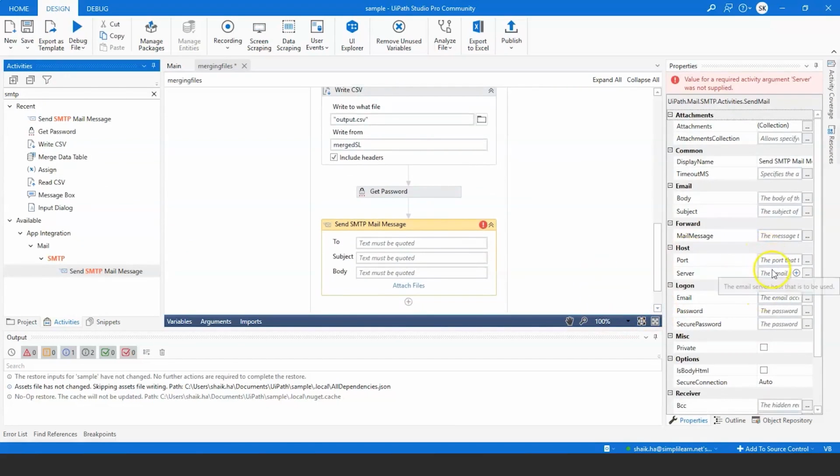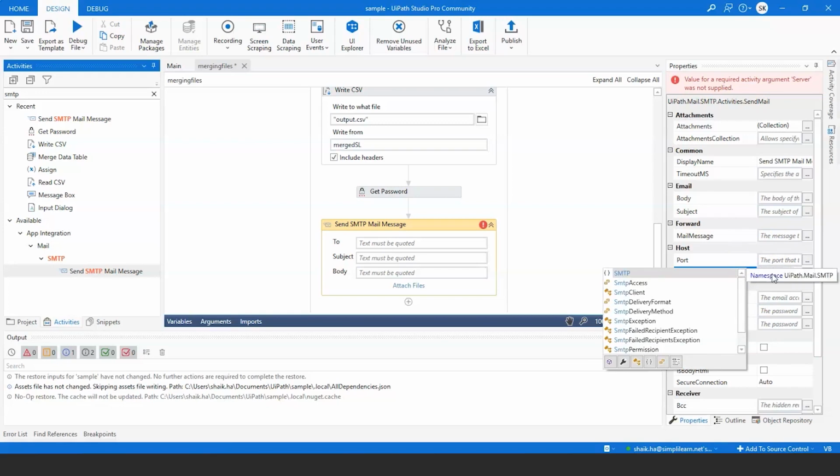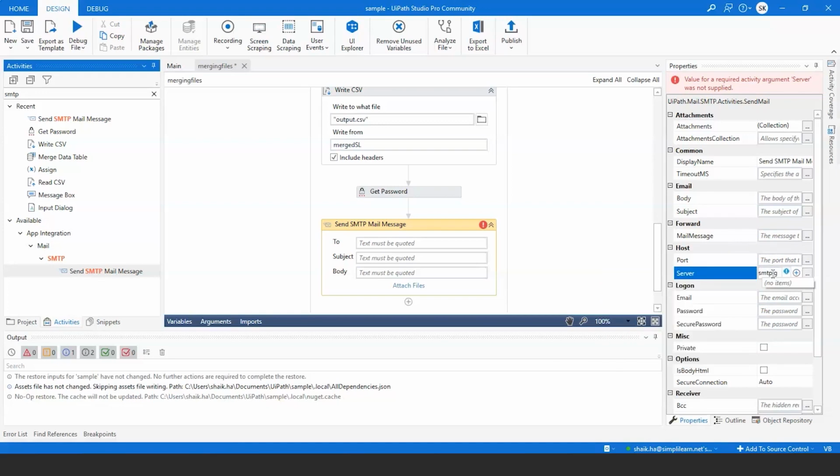In the host, port, enter the server. The server, you have to enter as smtp.gmail.com. All should be in double quotes. Enter the port number as 587 and enter your email ID here, which is your own email ID.